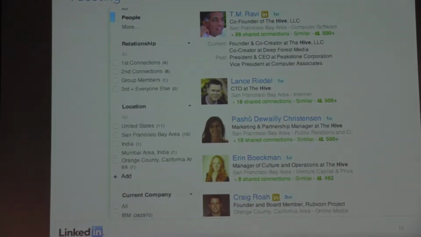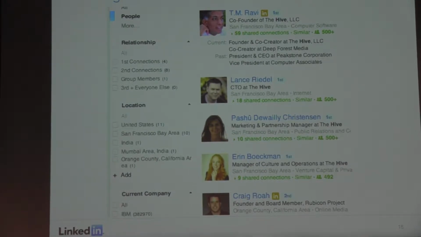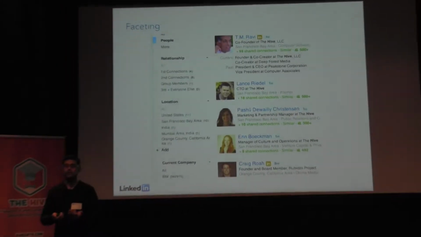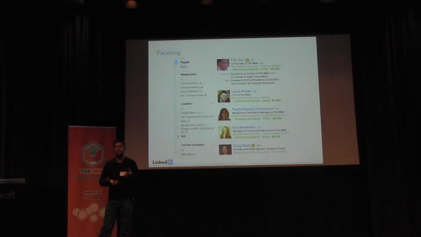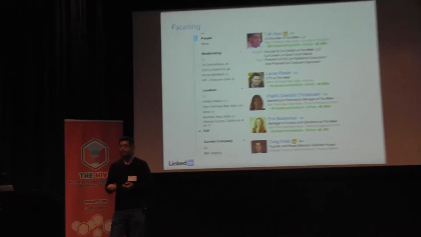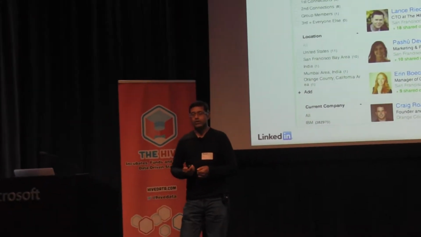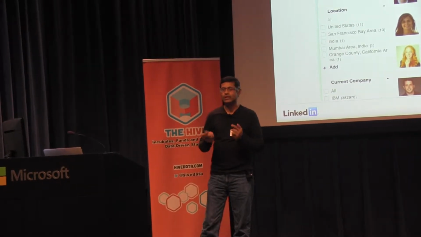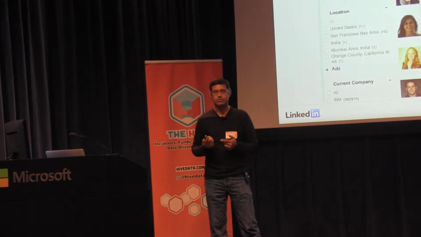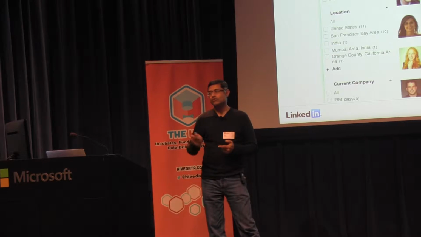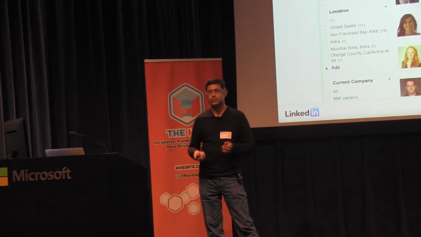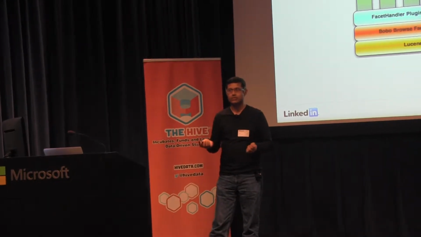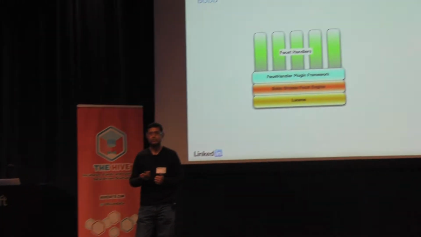But the general idea is that you get a UI which is different from typing text in a search box, through which you can drill down, see some counts, see some attributes of the search results that are shown to you. Right? In those days when we were building facets, Lucene did not support facets. Today, Lucene has the capability to support facets. So what we had to do was build our own faceting system on top of Lucene, and that's called Bobo. Again, you can see details of it online, so I won't describe it